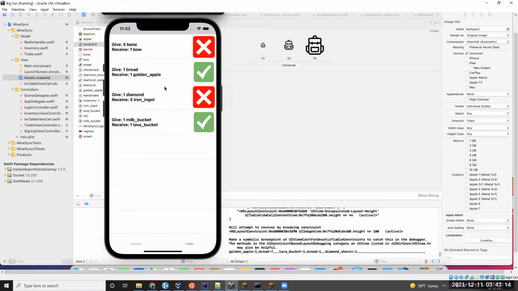Now this tab right here allows you to modify your inventory and engage in trades, right? So the green arrow means that we can engage in this trade because we have the items to. The red means we can't. So if we click on the red, it says failed trade. We can't trade that. So for example, if we wanted to trade one bread for one golden apple, that's a pretty good deal. So if we hit this,